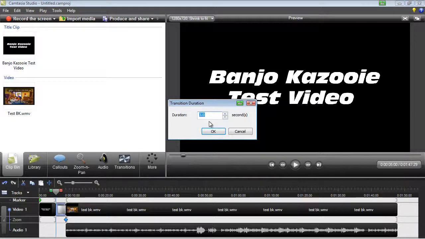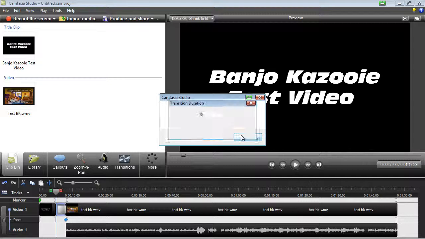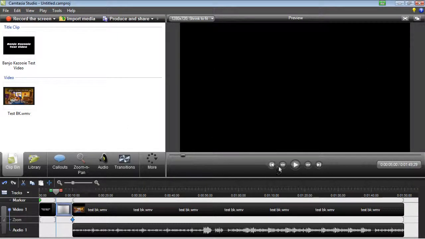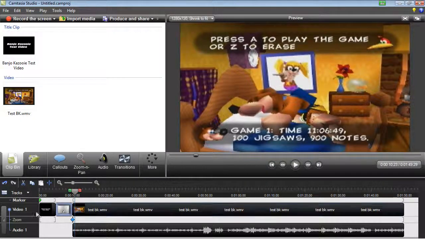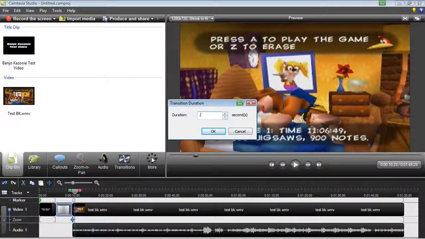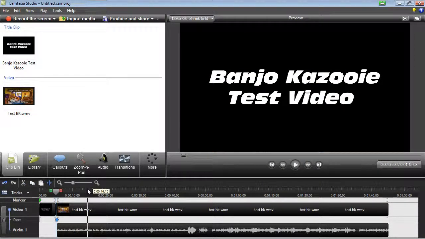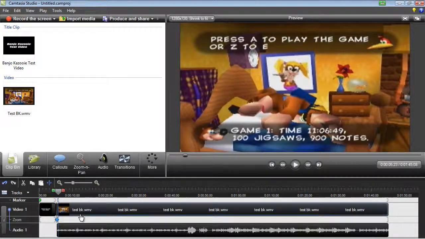You can also change how long it goes. Like if I want it even longer, like 7 seconds or 70 seconds, how about that? Oh, I can only pick up to 5 seconds. Alright. Just make it longer, and it just takes that long to fade into the video. Or I can make it shorter, like 0.5. I usually go for like 0.3 if I just want to quickly transition over to where I'm doing something. Like when I was catching the gigantic fish in the pond in Ocarina of Time to get either the golden scales or the piece of heart. Usually just have it that short and transition over to the next part of the video, or to the video if you got it in the